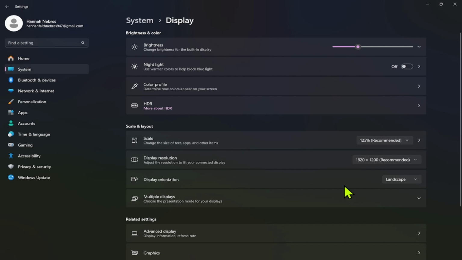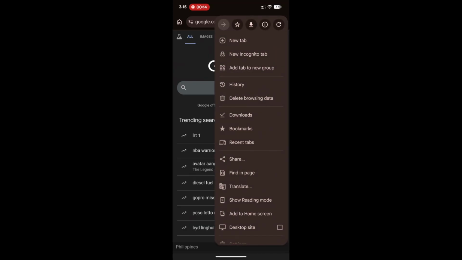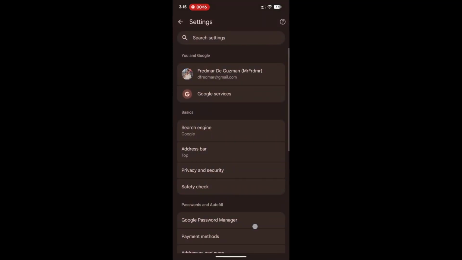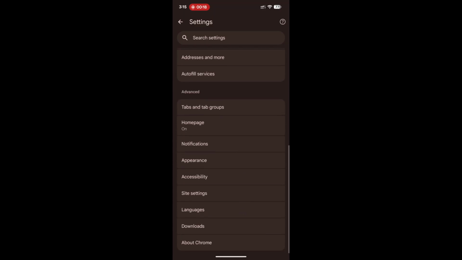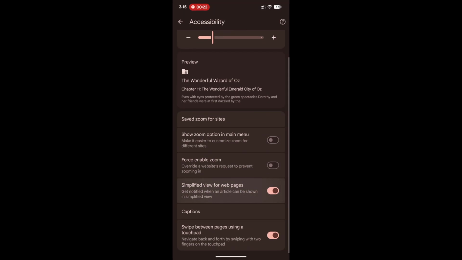If you're using Chrome on Android, this can be a little different. Sometimes people mean the tab view layout, not the tab size itself. Chrome on Android can show tabs in a different style depending on accessibility settings. Chrome support discussions repeatedly point to Settings, then Accessibility, then Simplified View for Open Tabs as the setting that can change how tabs appear. Turning that on or off may switch the tab view and make tabs look larger or